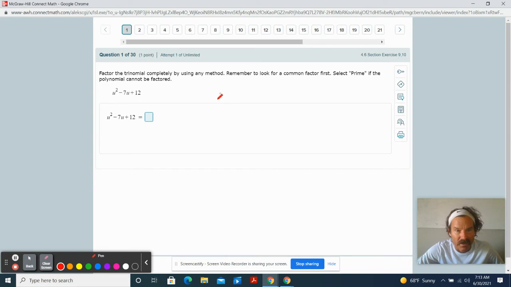When we pull out a greatest common factor, we're still going to want to look for a greatest common factor first. They're going to remind you in the problem to look for a greatest common factor first. But let's back up to operations with polynomials we talked about on Monday, right? If we took x plus 2 and we multiplied by x plus 3,